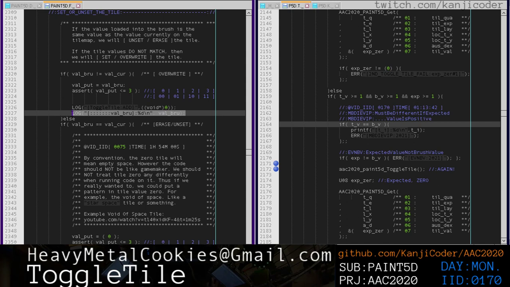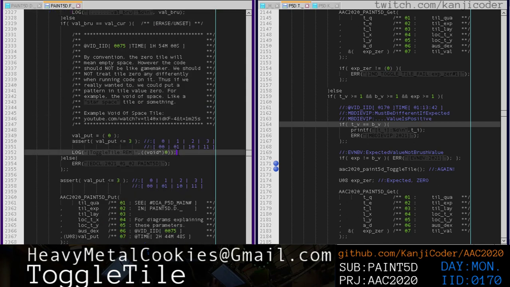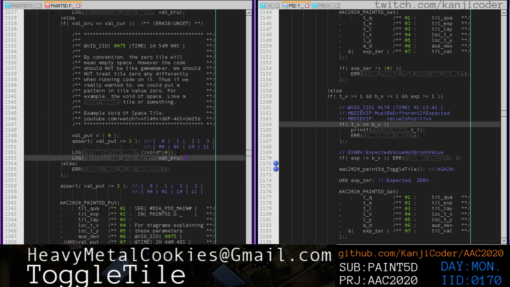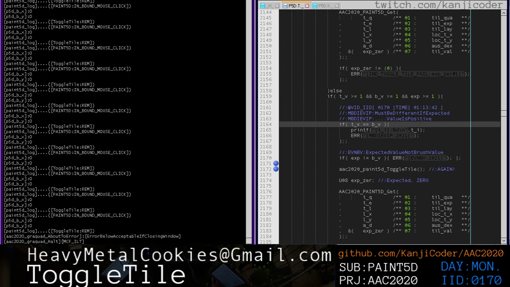So actually, ToggleTile might actually be working, and it's just that I didn't understand what I was seeing. So if we log the brush kind of stuff here,